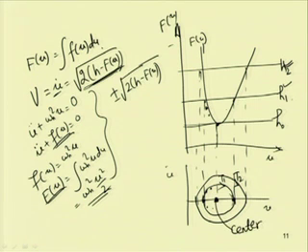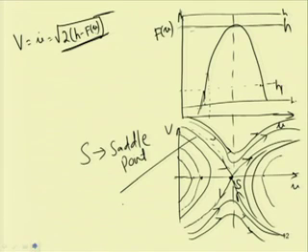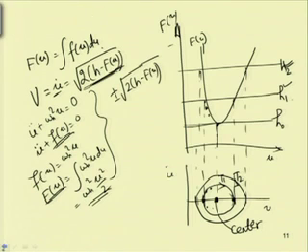So, the point corresponding to the minimum potential energy is the center, and the point corresponding to the maximum potential energy is the saddle point in this case. So, saddle points and centers correspond to equilibrium points for a given system. So, if we have a given system, first we can find this F(u), that is the potential function